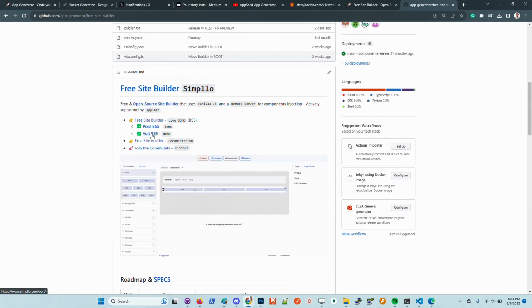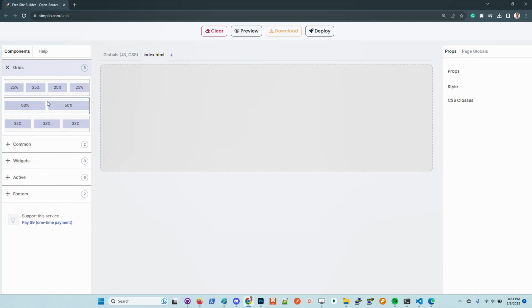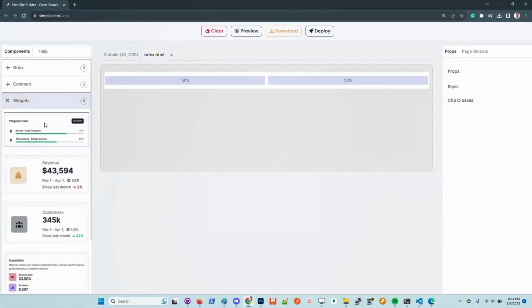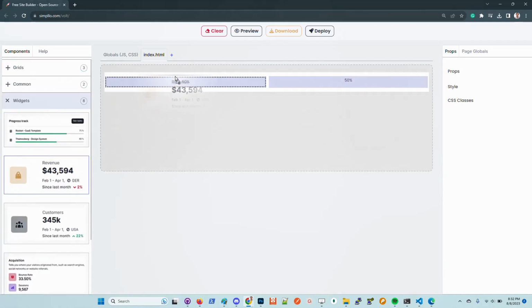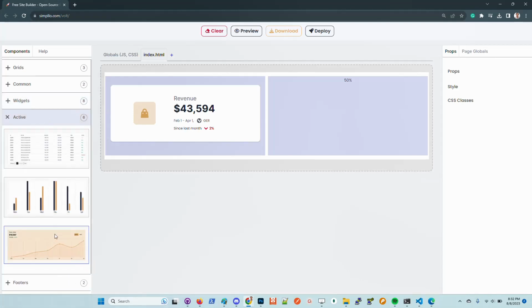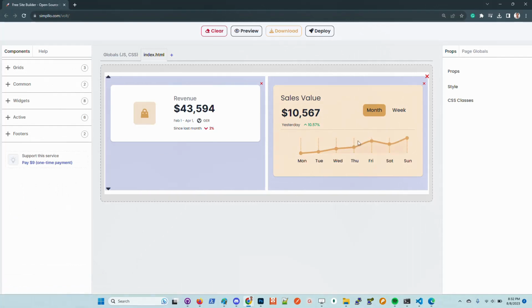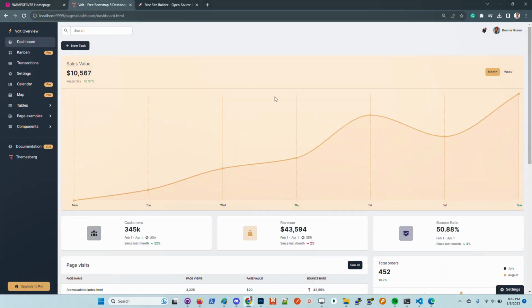You just need to go here and access the demo. So basically you should see this UI, which is pretty simple. Make sure you clean your local storage, and we have these components. So let's drag and drop this widget, for instance, and also we can use a chart, this one. So basically, this chart is the chart used in the default kit here, and now can be drag and dropped